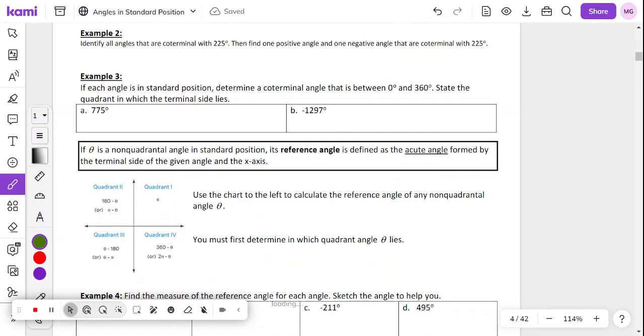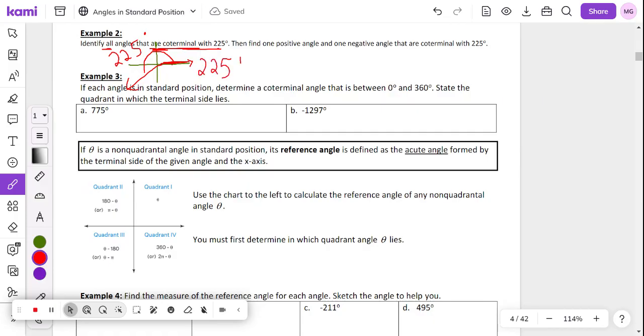So with that in mind, I'm asking you here to identify all angles that are coterminal with a 225-degree angle. So when we think of 225, of course, we say that's 0, we start here, 90, 180, 225, we're looking at an angle that's right here. So to identify all angles that are coterminal with 225, we're going to say 225